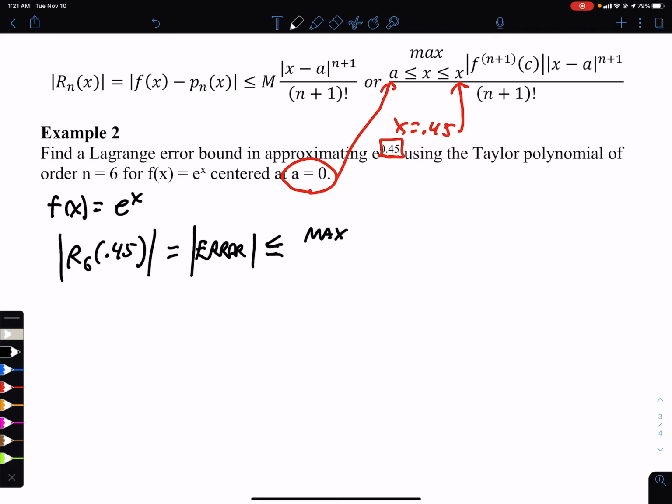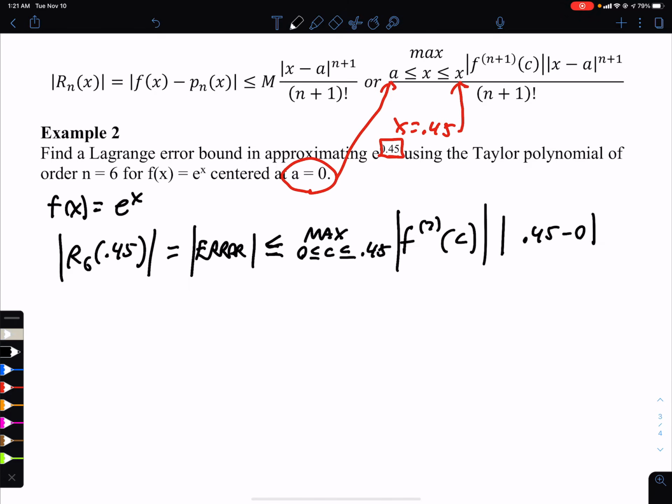Now c will be from 0 to 0.45. And then I want the 7th derivative for some c, absolute value, because it's absolute error, times our x, which is 0.45 minus 0 to the 7th power all over 7 factorial,